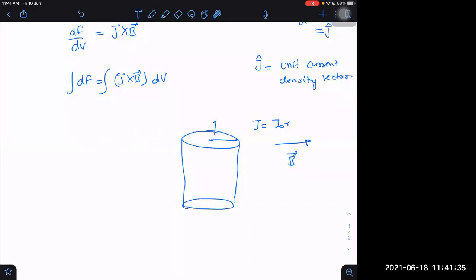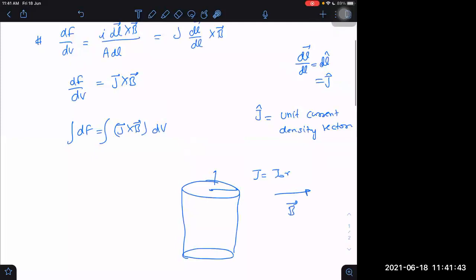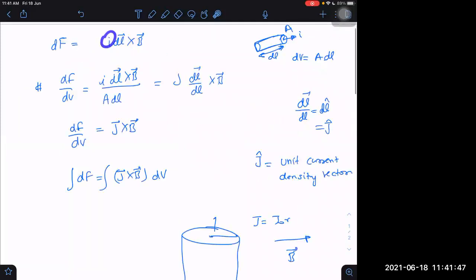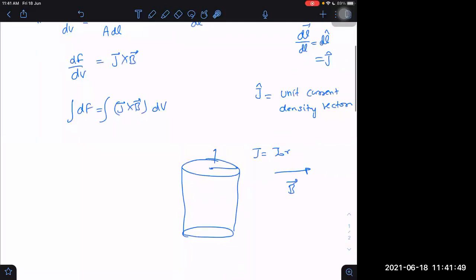Okay. We can use it if we want, and that is not a big issue. Or we can use our own formula also, this old formula, I dl cross B. If I want to use this, only one thing I have to take care of here: I is only referring to the... can we use total also?